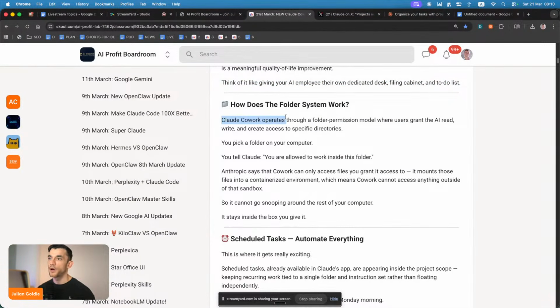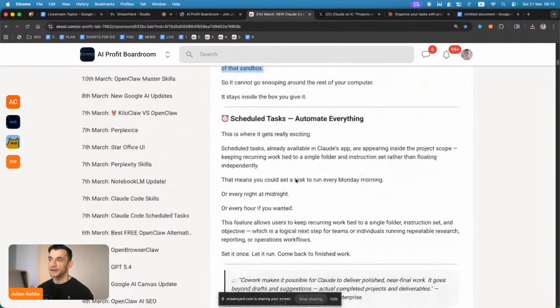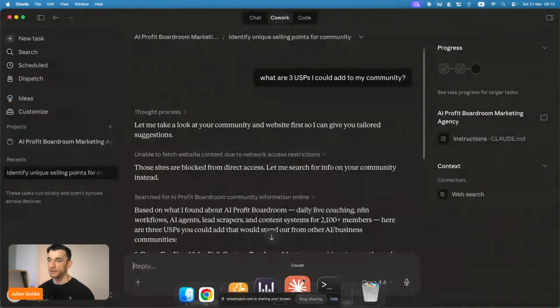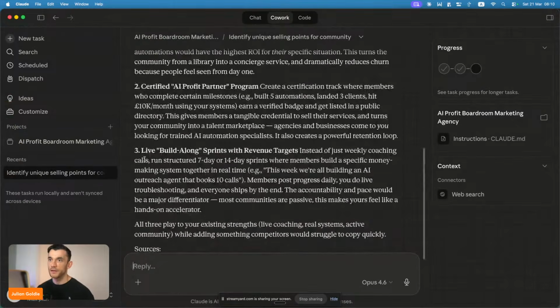Well, Claude Cowork operates through a folder permission model where users grant the AI read, write, and create access to specific directories, right? You pick a folder, you tell Claude what to do, and then it can only access that folder, right? So if we go back to Claude Cowork here, you can see that number one, it's got a